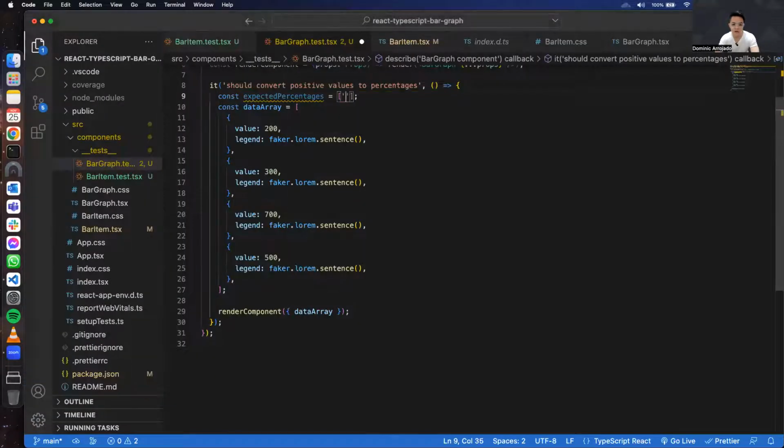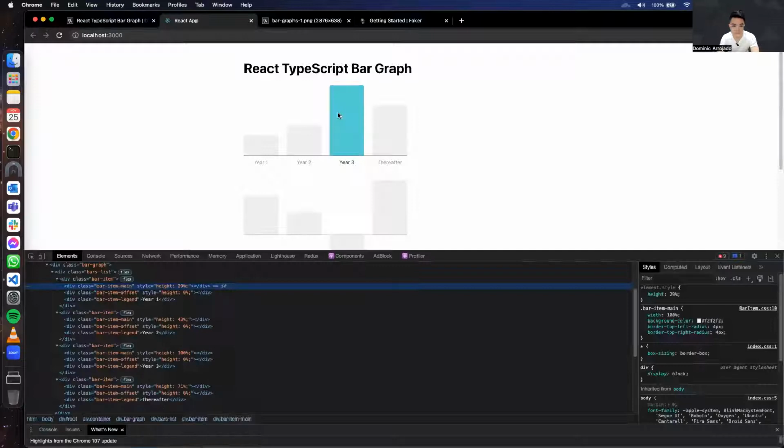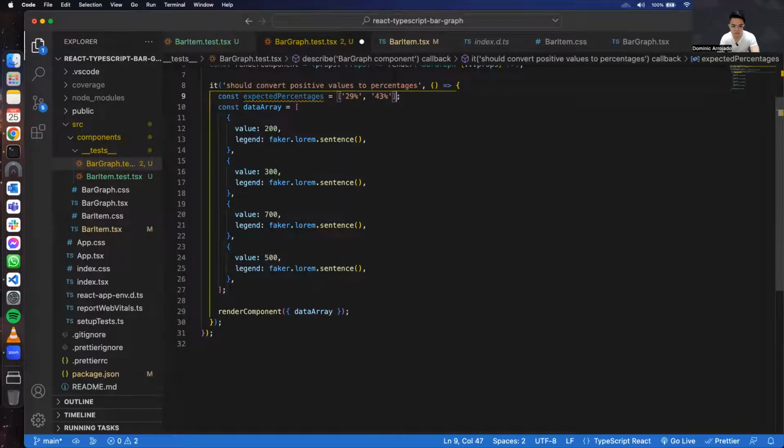So I'm going to add it here. I'm aligning the index of each element to the index of the expected percentage. So when we look through the elements, we are using their index to refer to the expected value, or in this case, expected percentages. So 100%,